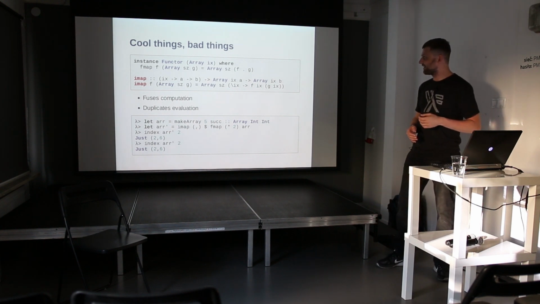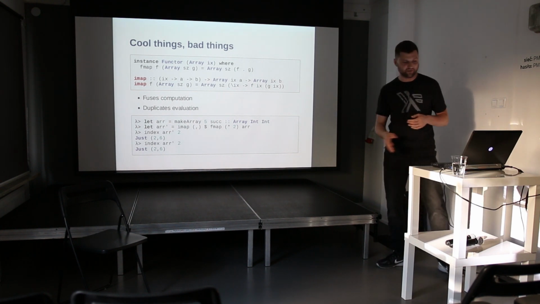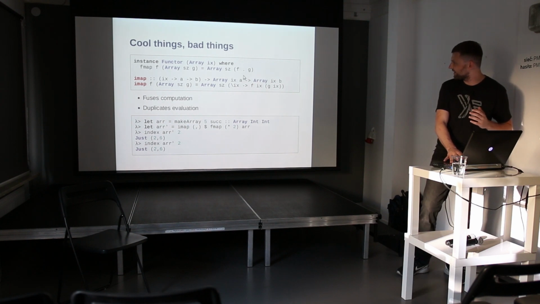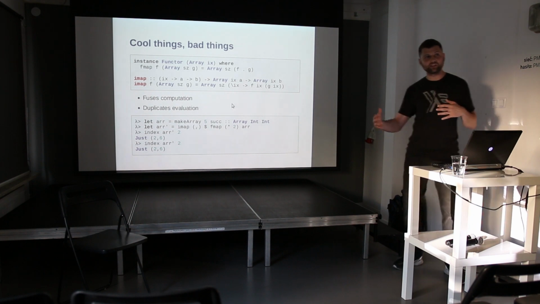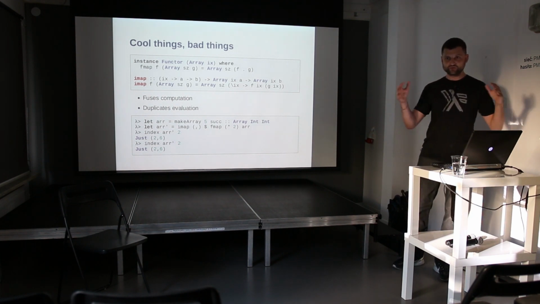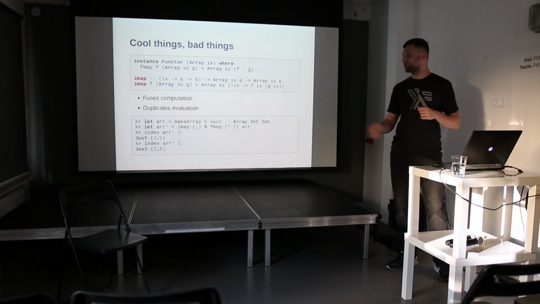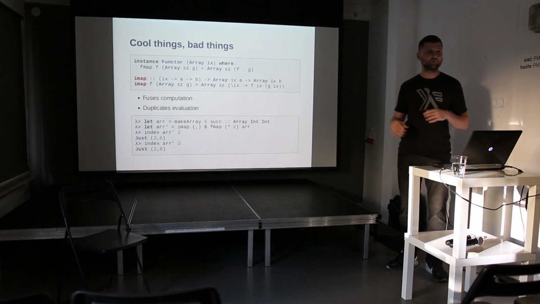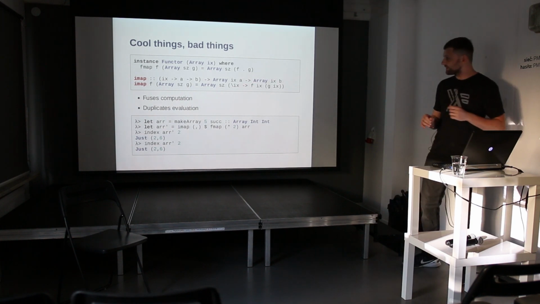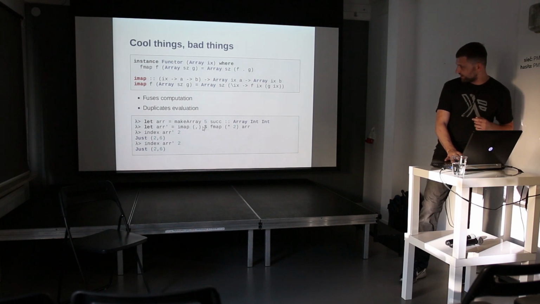We can map an index-aware function right here, f and g, and we simply compose those functions like here. This is just a composition. So this is a way to fuse that computation. We can join those functions in one little long computation, and at no point here was there an allocation in memory, which is really cool. The problem with this is if you construct an array like this, you get an array, you